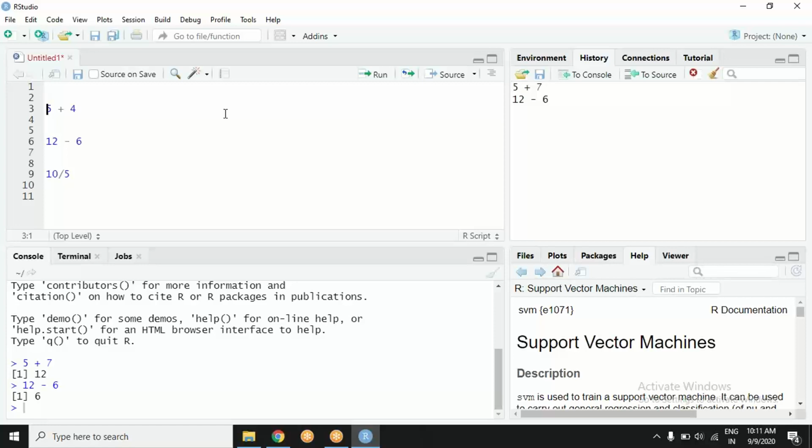So the key is not enter, the key is control enter. Or you can execute whatever function you have written from this run button. How it works is your cursor should be within this line. It doesn't matter whether the cursor is at the start, end or in the middle, it should be in the line you want to execute. Then you press this run button. If you hover over it, it will give you the shorthand also, and popularly that's what you are going to use very soon, the control enter.